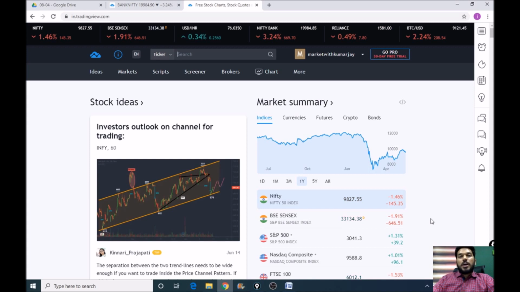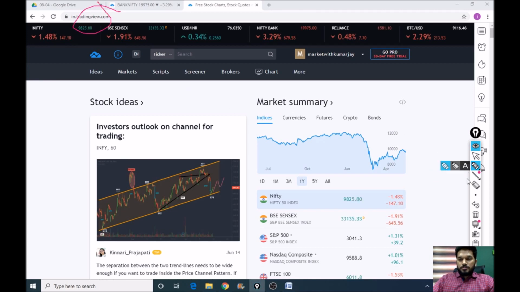So today we are going to learn about how to use TradingView software. Now if you do not have a TradingView account, you can simply go to tradingview.com and open a free account with them here.